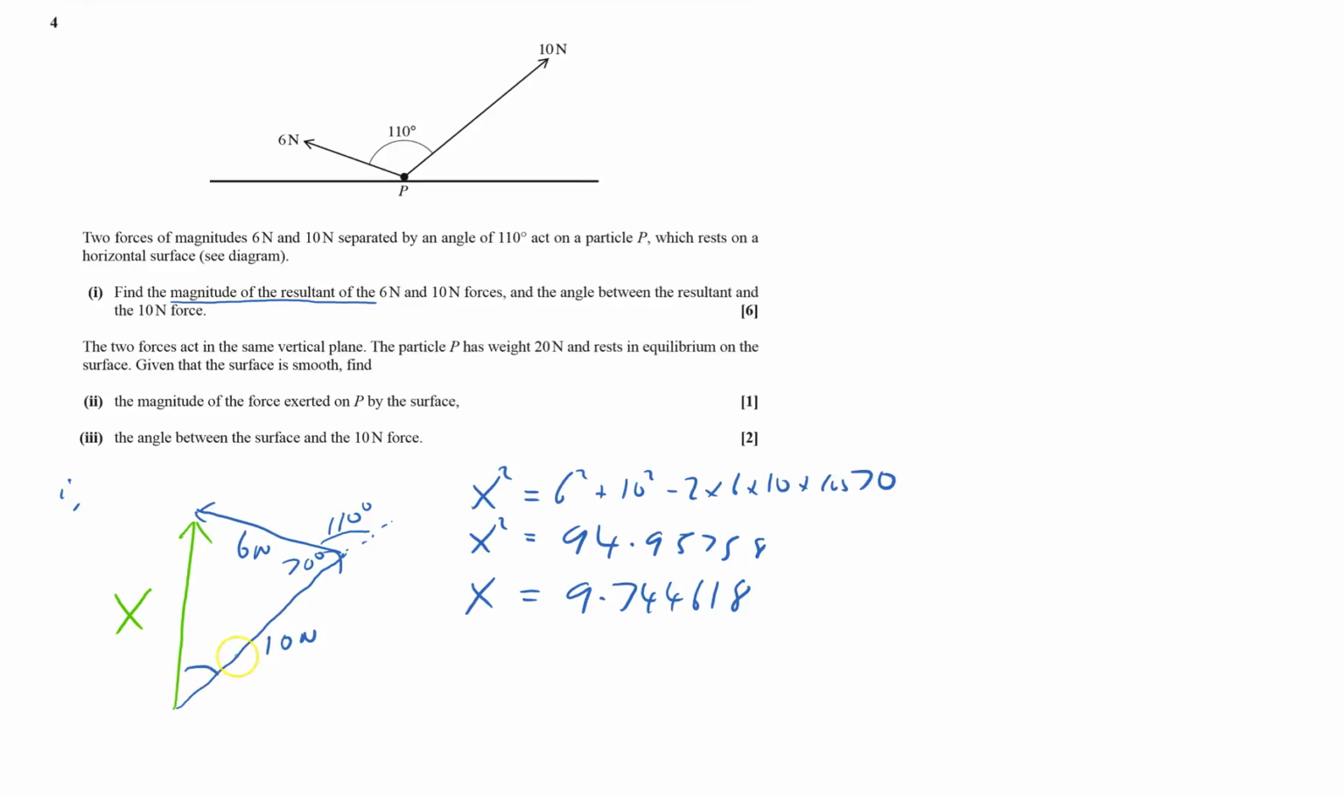And we've also got to work out the angle to the 10 Newton force. So I've got to work out this angle here. So question mark. And that's going to be, well, now I have a known pair. I know x and I know this, so I can work out the angle. So sine of the angle over 6 equals sine of the angle there, which is 70, over my length with it, which is